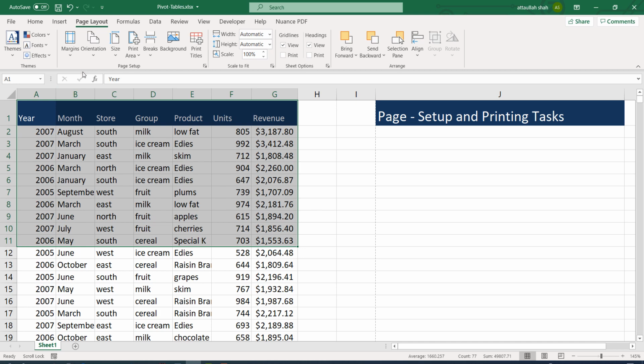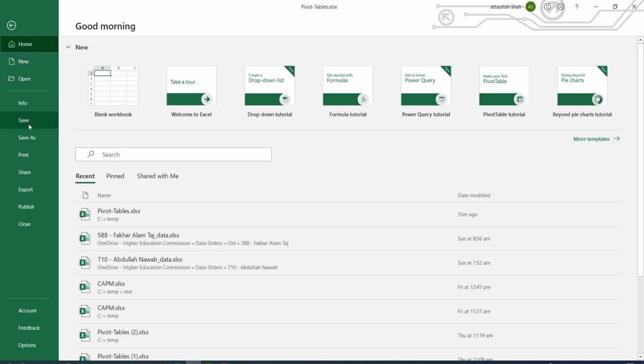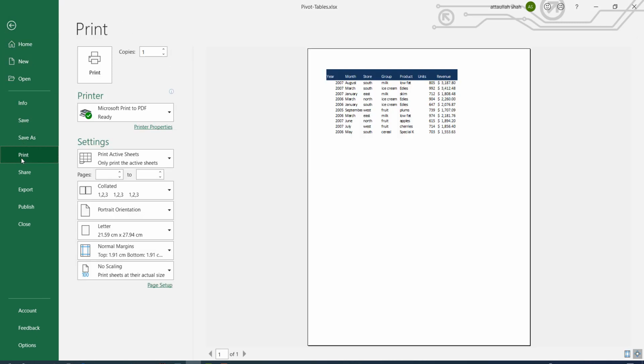Go to the page layout menu and then click on the print area. There you can see set print area. So if I click on that, and now I go back to file and click on print, you see that we see only the area that we had selected for printing.